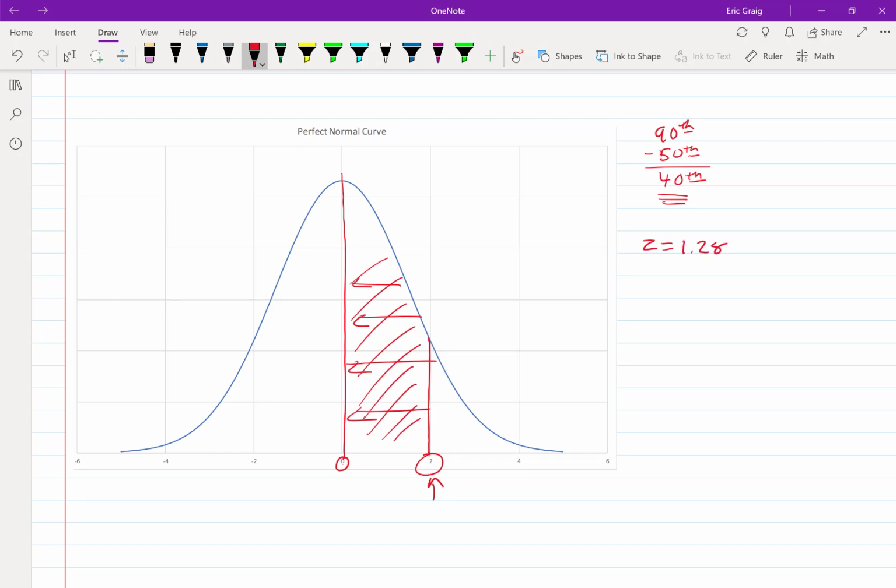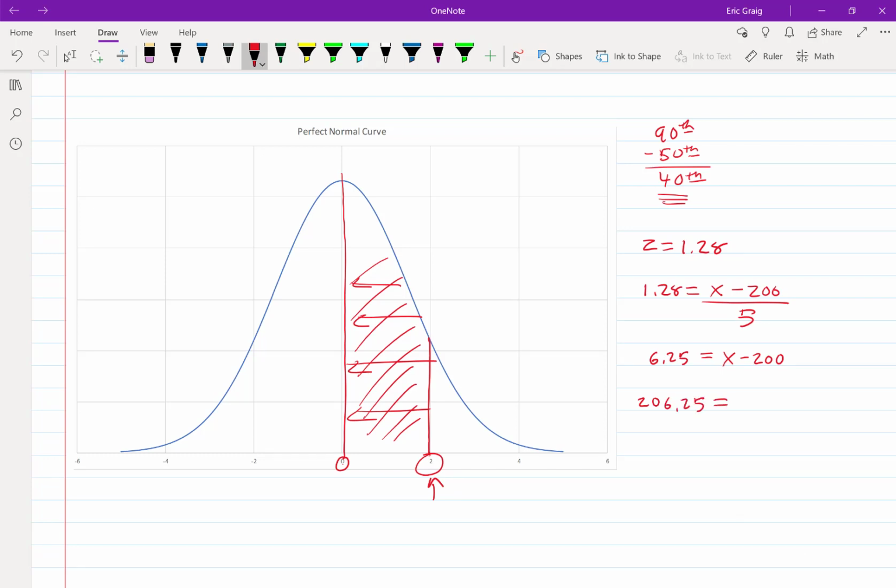All right, so now what do we do? Well, same thing we did before. We're going to have 1.28 equals x, what we're trying to solve for, minus 200, divided by 5. Okay, so all I need to do now is multiply both sides of this equation by this 5, and that's going to give me 6.25 over there equals x minus 200. Now I'm going to add 200 to both sides of the equation, and I'm going to get